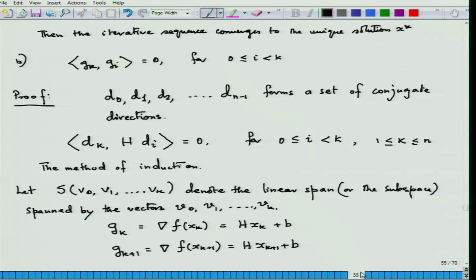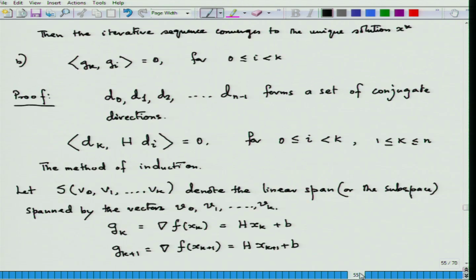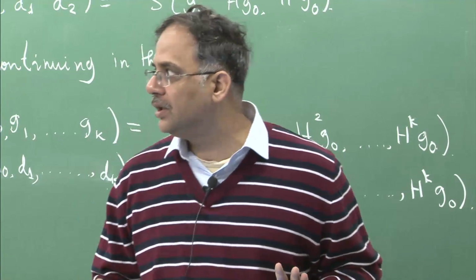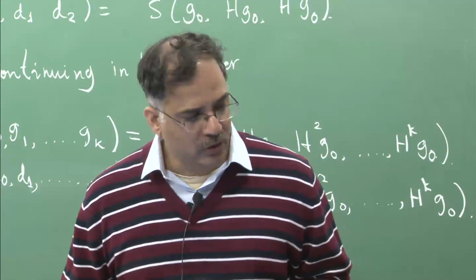Okay. So, this result has two parts. In our next lecture we are going to prove this part and we are also going to complete the homework that I had given. We are going to complete this homework, as well as the proof of this part. Once we do that, we will write down the conjugate gradient algorithm, and then we will stop our discussions of conjugate gradient algorithm for the moment and go on to study what is called the quasi Newton